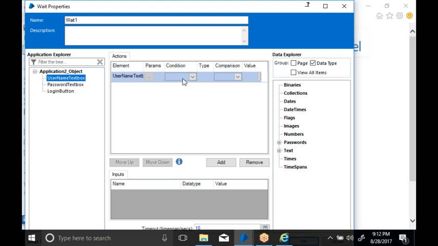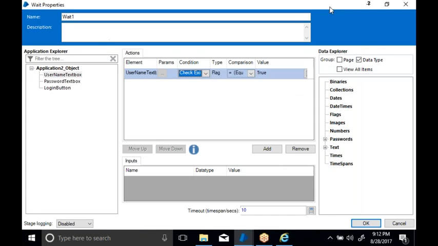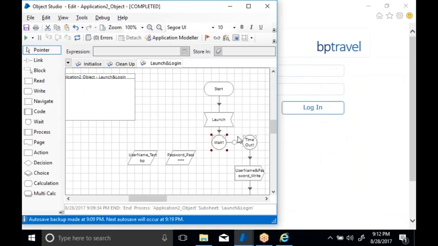Check exist means if that exists on the screen. Now check exist: if exist, it becomes true. If this becomes true on the screen, then I will go to the next stage, within 10 seconds. Now what I will do is click on OK, click on OK, where you can see